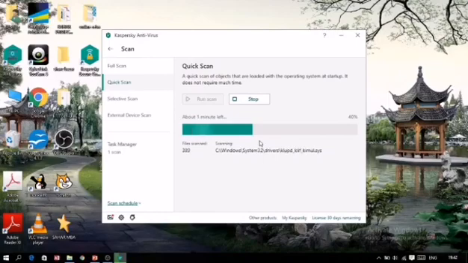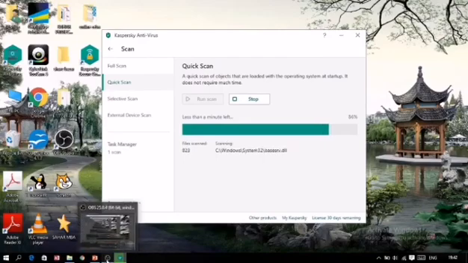Here you can see it is showing how many files are scanned. Around 40%, yes, 40% scanning is done. It will take some more time, then the quick scan will be completed. 45% is done now. Yes, it's very fast this time because we are doing only a quick scan. 65, 69, yes, and once it completes, it will show you a message. I'm just waiting to see what message is going to be displayed.